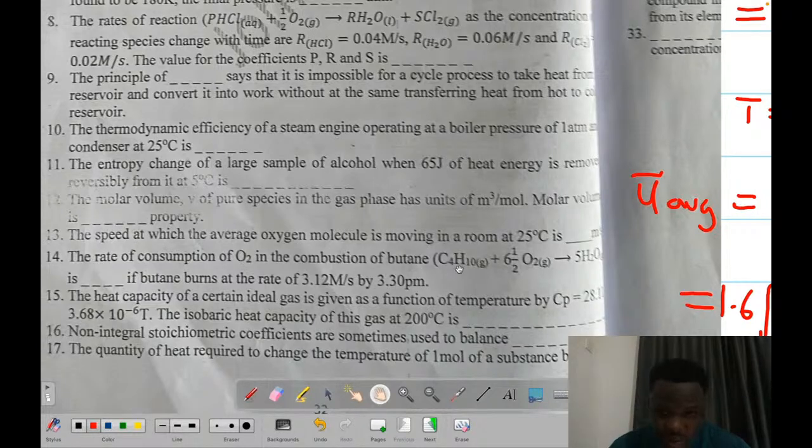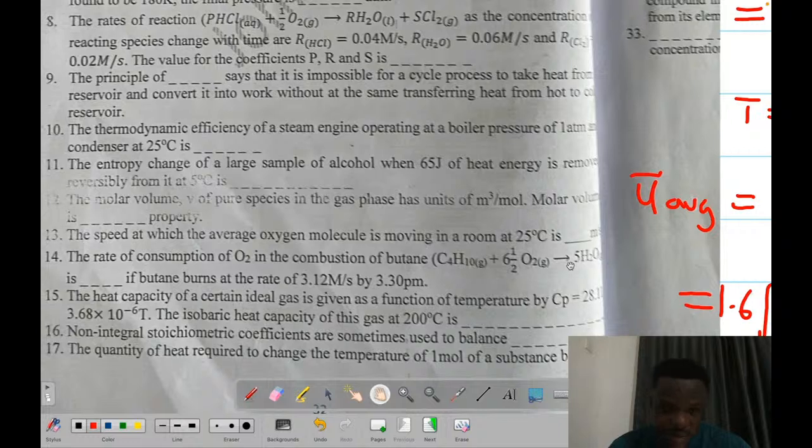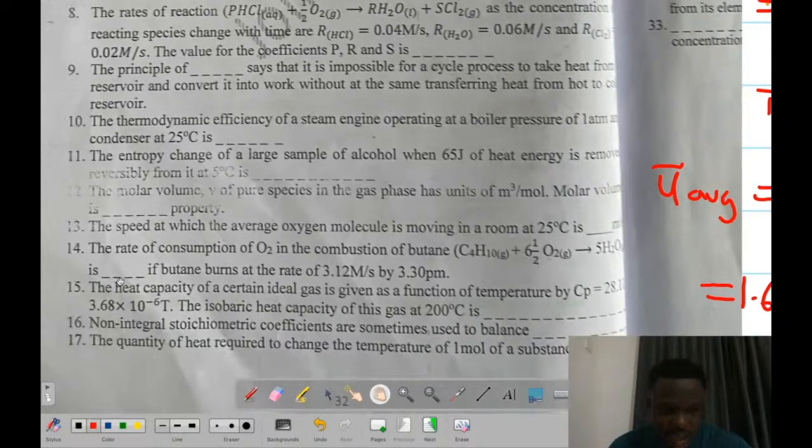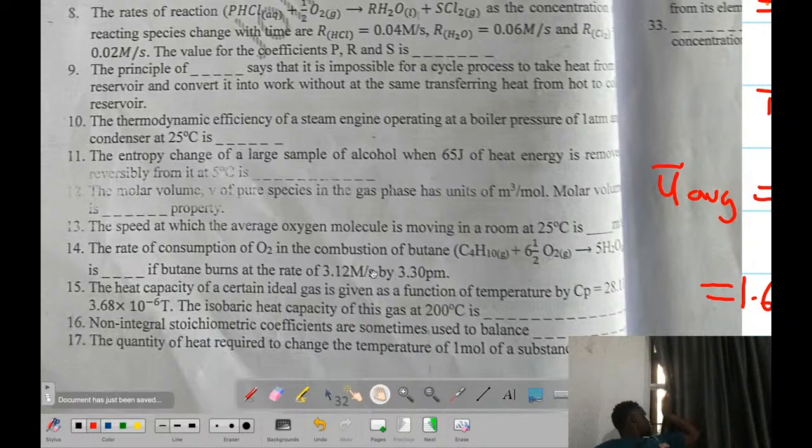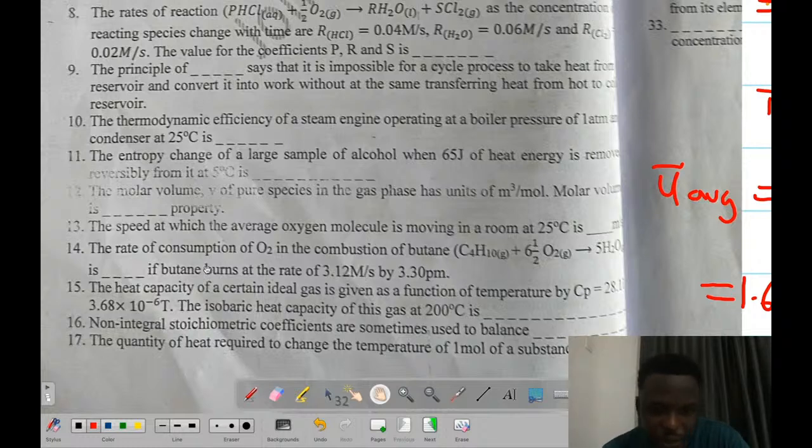Combustion of butane is C4H10, right? If butane burns at the rate of 3